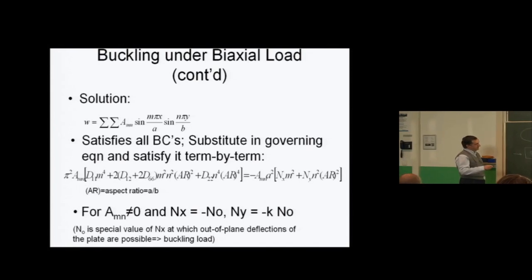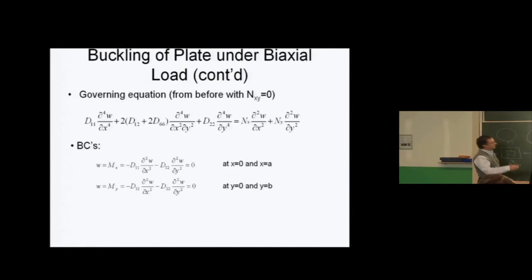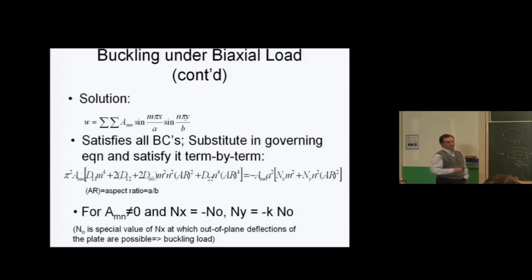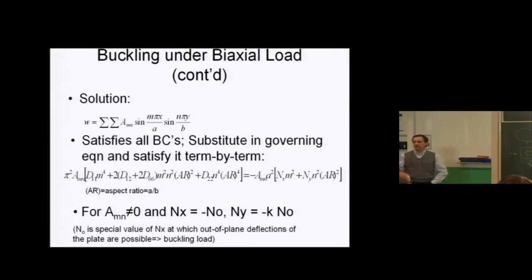So I substitute this in my governing equation here, and I factor out the sine m pi x over a and sine n pi y over b. If I factor that out and cancel it from both sides, I will get this mess on the left-hand side equal to this mess on the right-hand side. Basically, that involves the AMN on both sides, and that's not very encouraging because AMN would cancel. And it involves the AR, the aspect ratio. A over B is the length along which the load is applied, B is the width, and we call it AR, aspect ratio. Now, one solution says AMN equals 0,